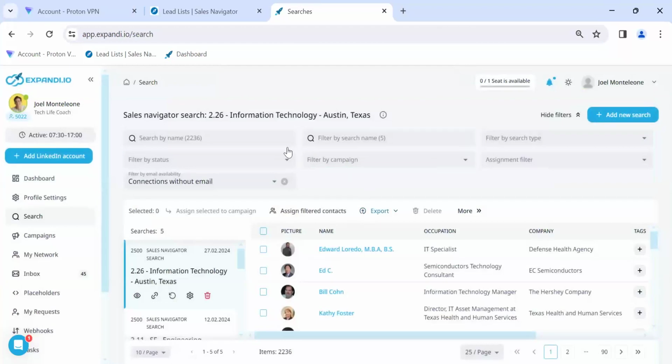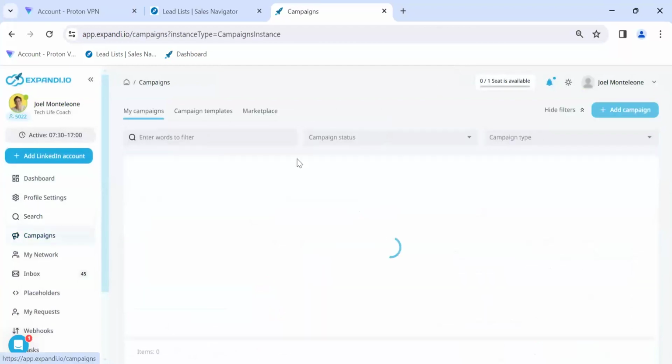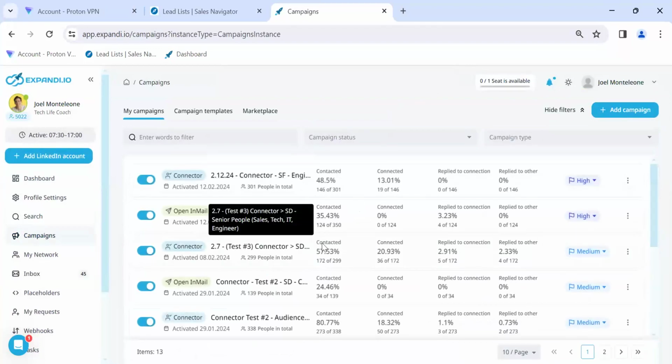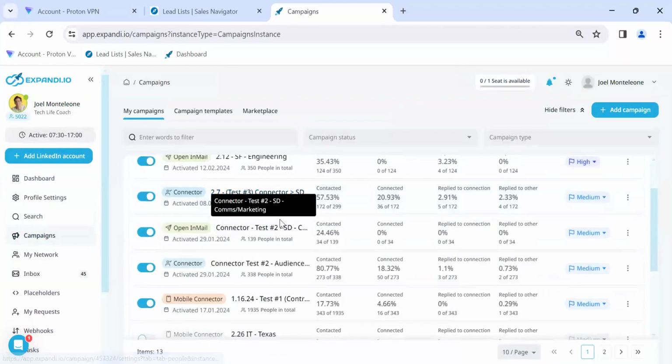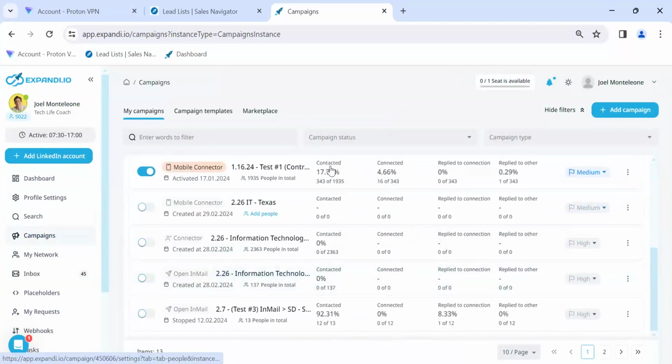Then we will go back to campaigns. Then, yeah, here it is, the 226 IT Texas. And for potential technical concerns, yeah, for revokes,